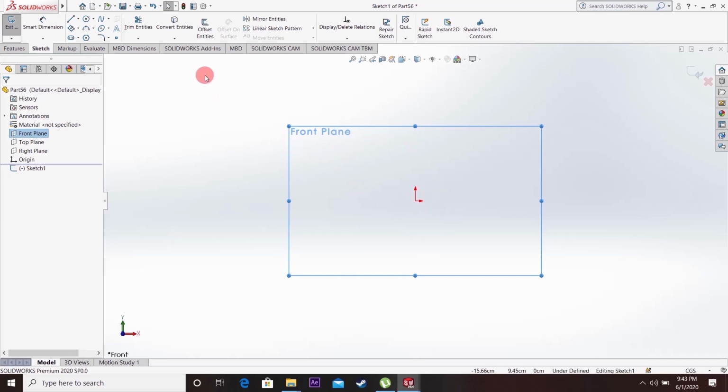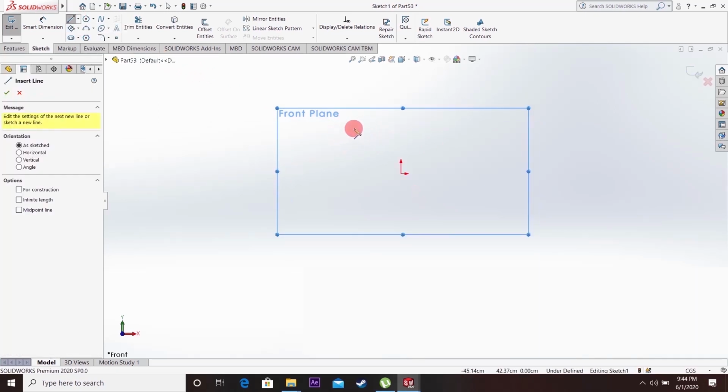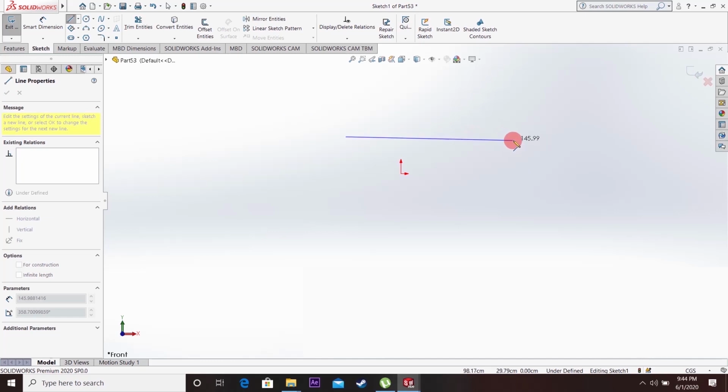Okay, so if we select the line, you can observe that the mouse pointer has been changed into a small pencil, and below that we can see a small line. So it means that we are currently in the sketching mode and we are drawing a line. So how to draw a line? To draw a line, we need to specify 2 points. We can do that by just left click and then move your mouse and then left click again.